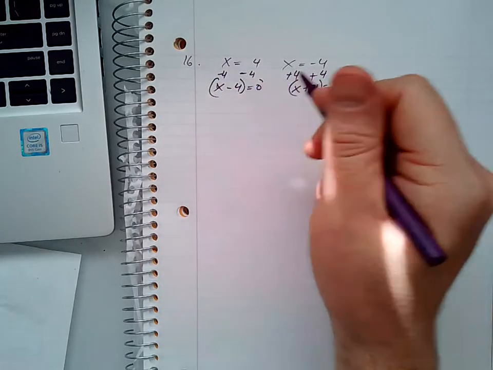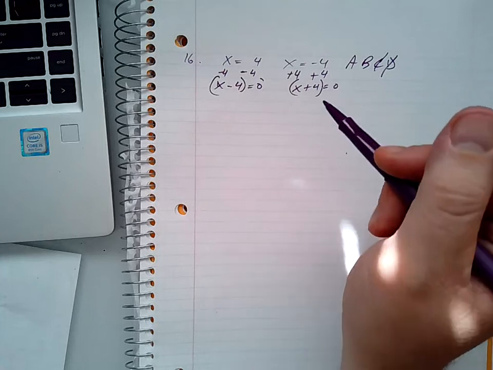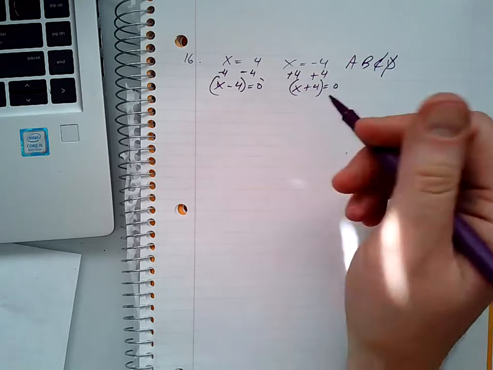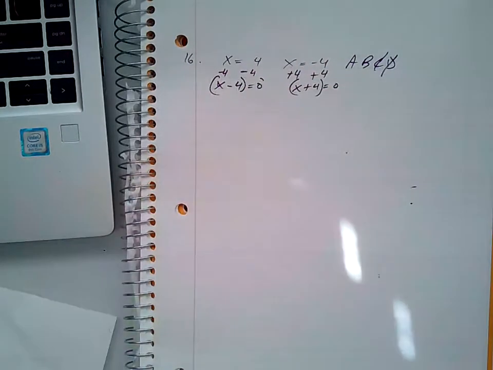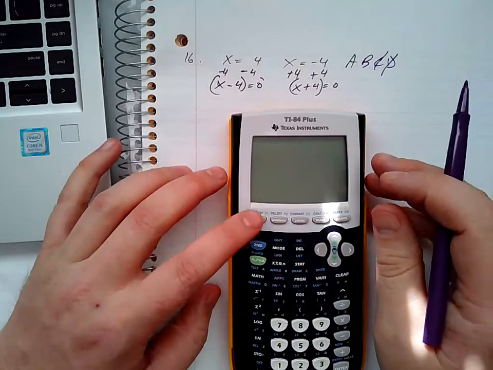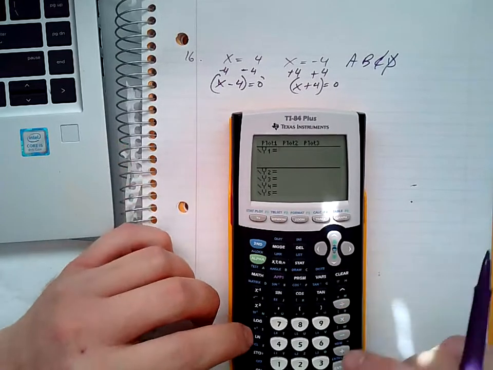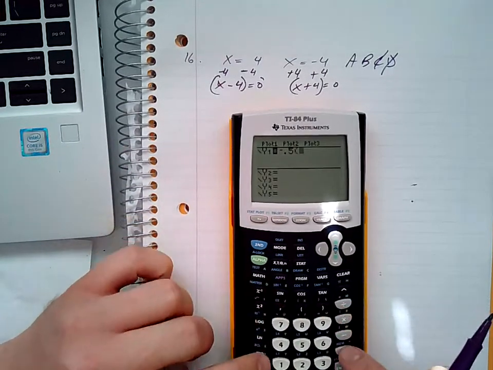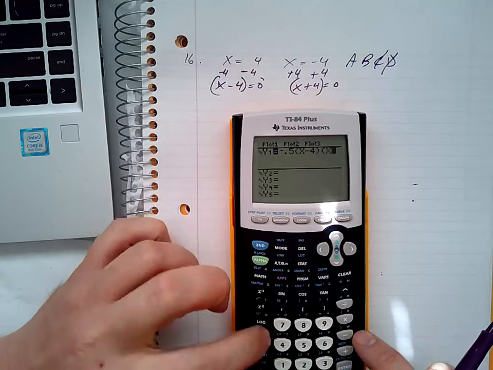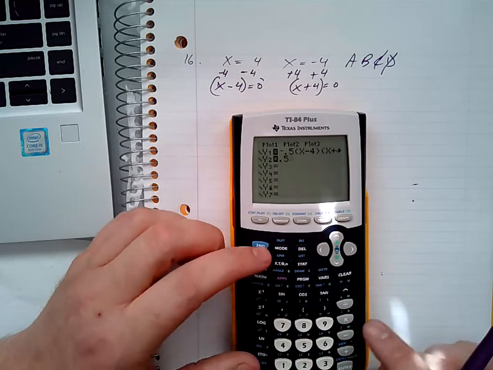So I'm going to get rid of C and D. Those are automatically out of the question. Now I just have to figure out which one is going to give me a y-intercept of positive 8. Easiest way for me to do that is I'm going to type both of these equations for A and B into my calculator and see which one gives me a y-intercept of 8. So when x is 0, y is 8. That's what I'm looking for. So I'm going to type in negative 0.5 x times x minus 4 and x plus 4. That's my first equation. And then 0.5, or positive 1/2, times